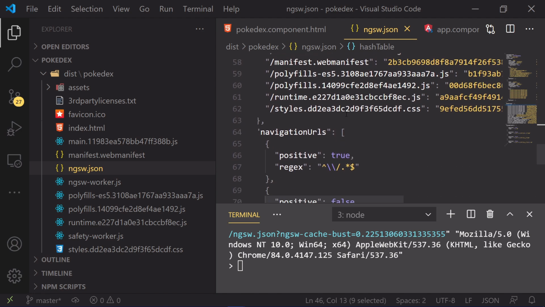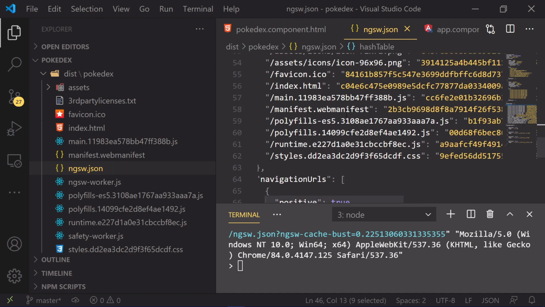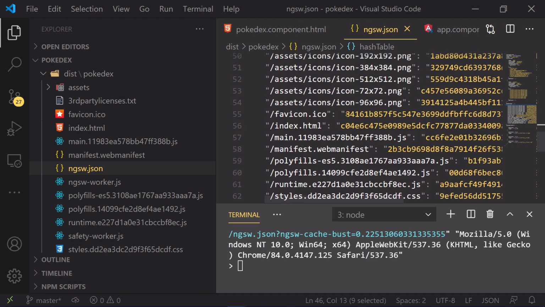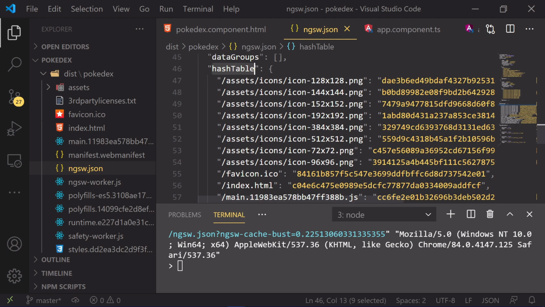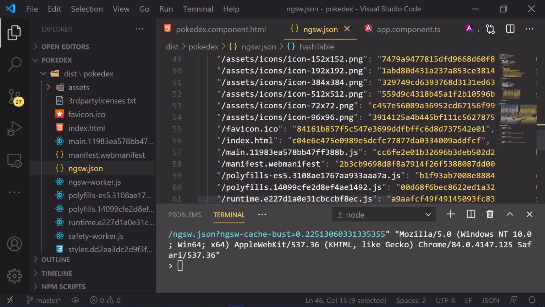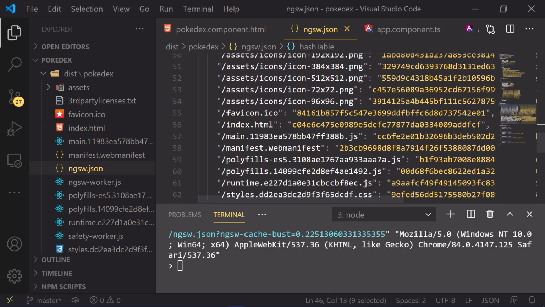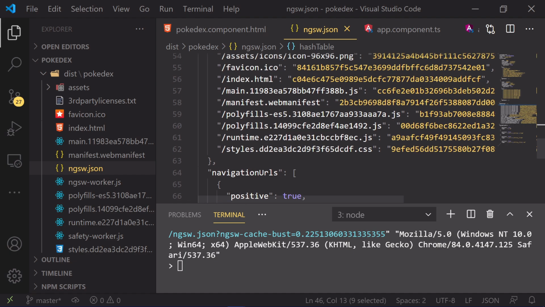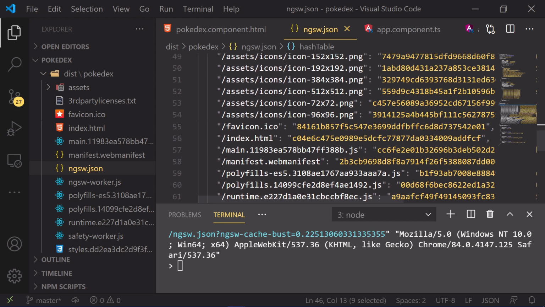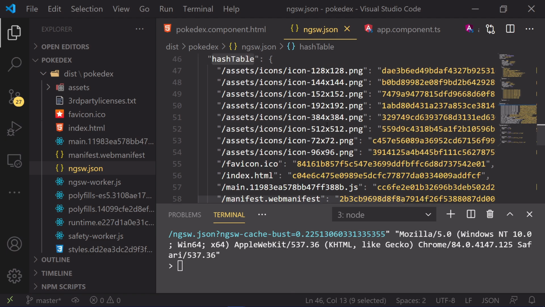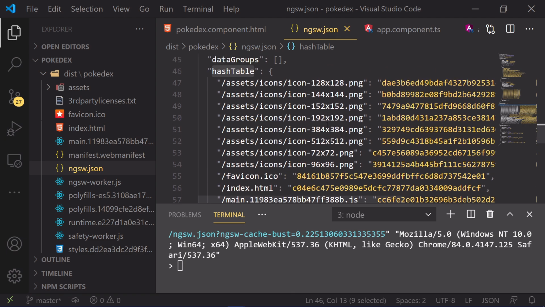Whenever you do a small change in any of your HTML or any of your files, the hash table will get updated with a new hash code. That's the reason the service worker gets to know that there was an update to your application, and that's the reason this file ngsw.json is always polled in your application.